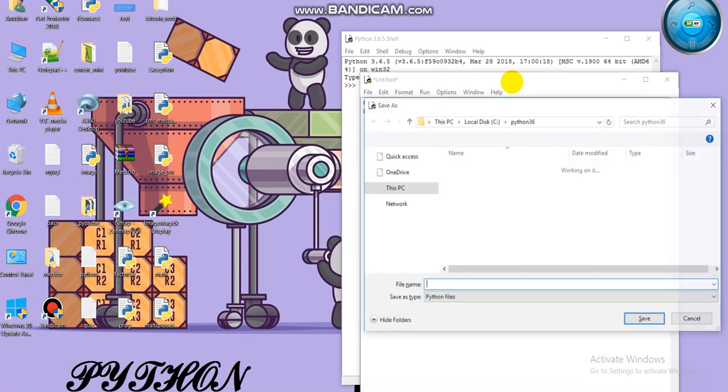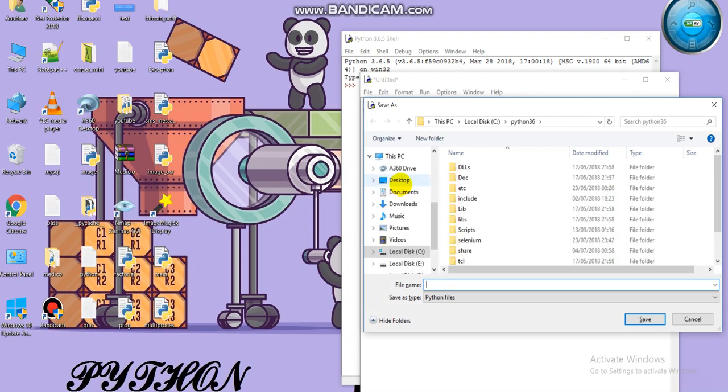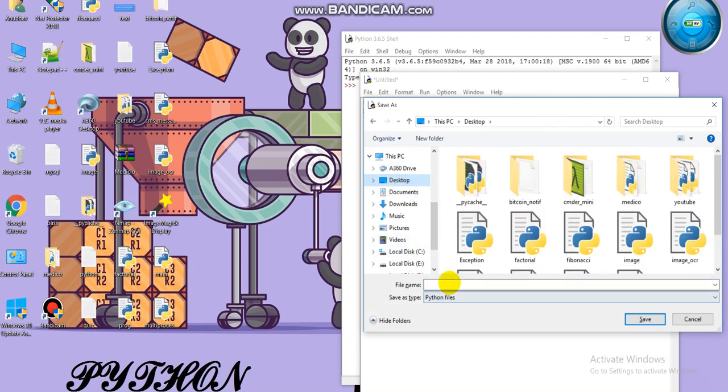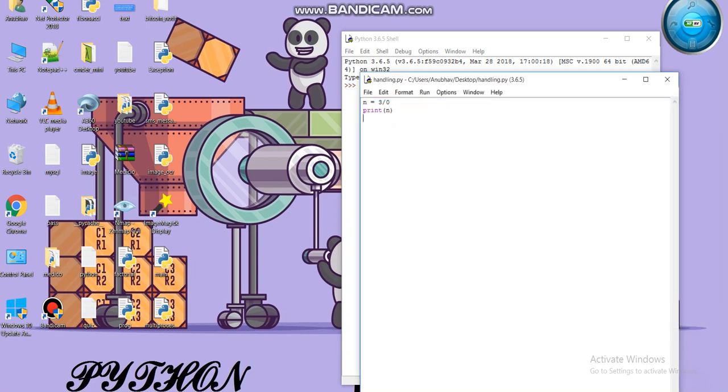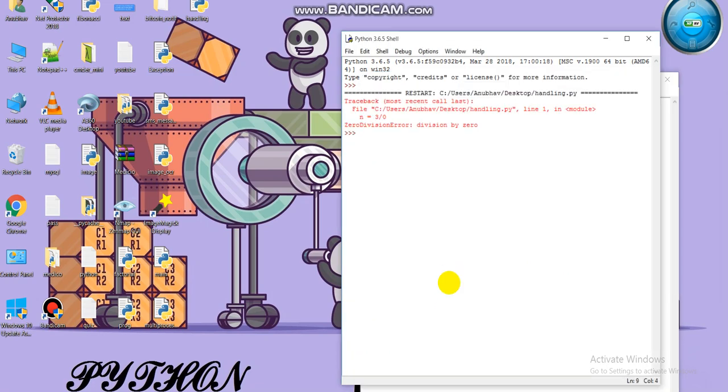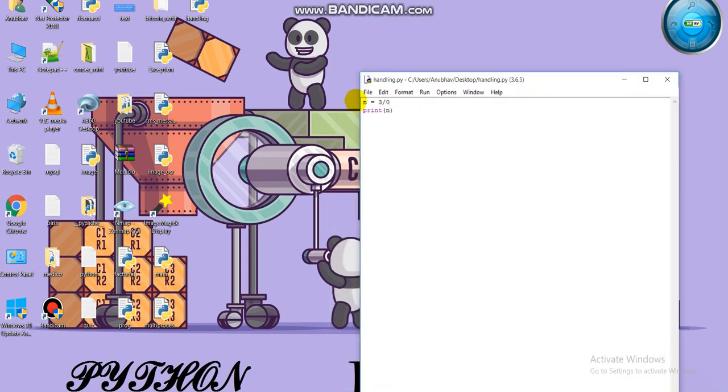Control S, desktop. And just run it. So this gave me an error, zero division error. To handle this type of situation, we need to make